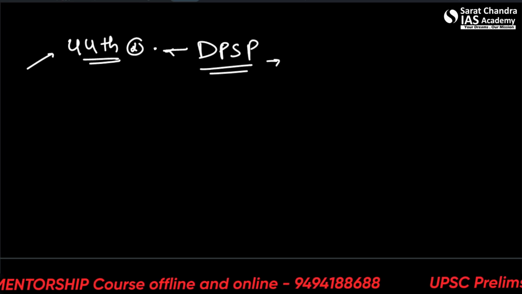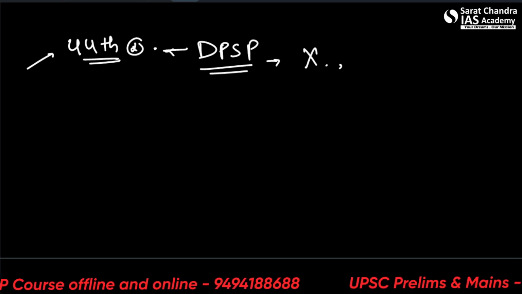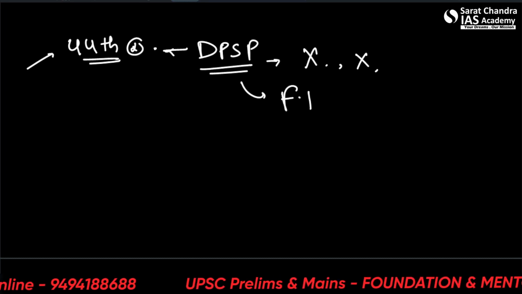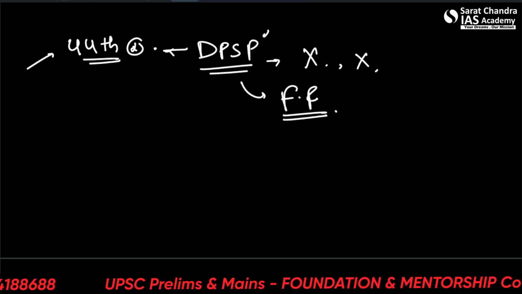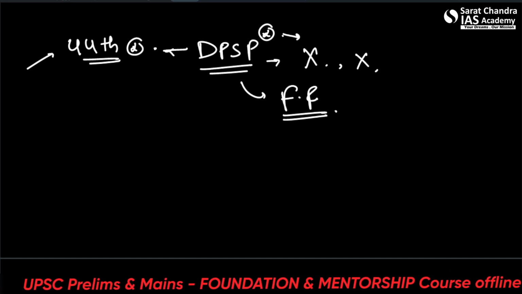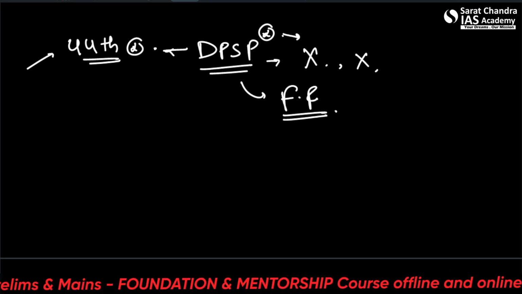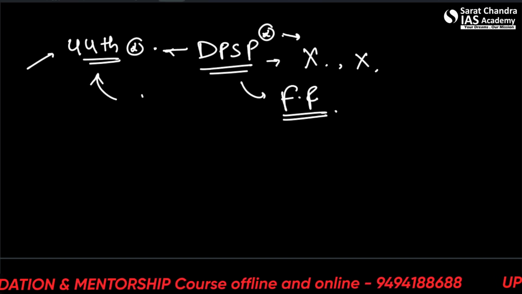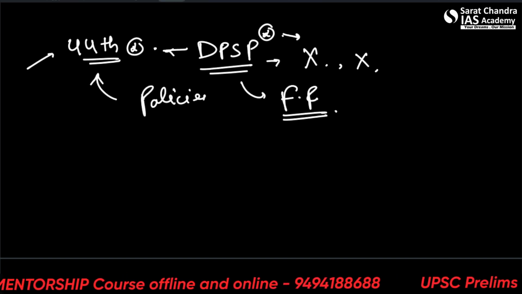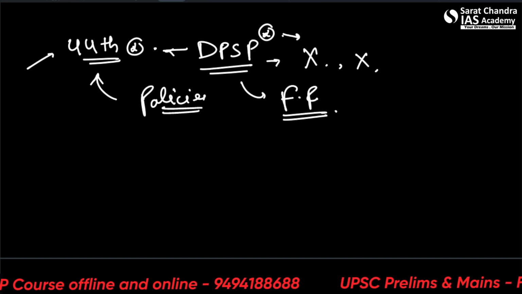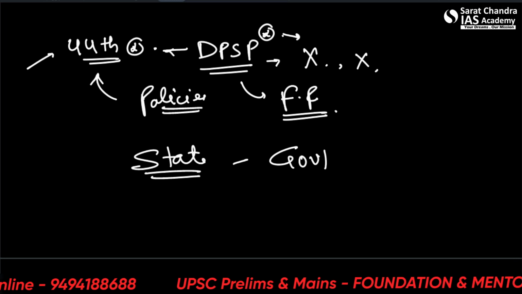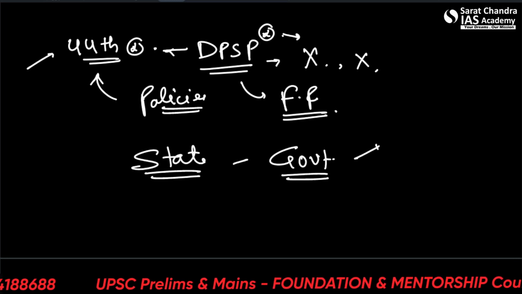These principles are not legally enforceable and not legally justiciable, unlike the fundamental rights. So DPSP can be violated and justice may or may not be served based upon the violation of them. They are only here to guide the state in making policies for the welfare of the citizens. When we talk about the state, it means basically the government here, whether central or state government.